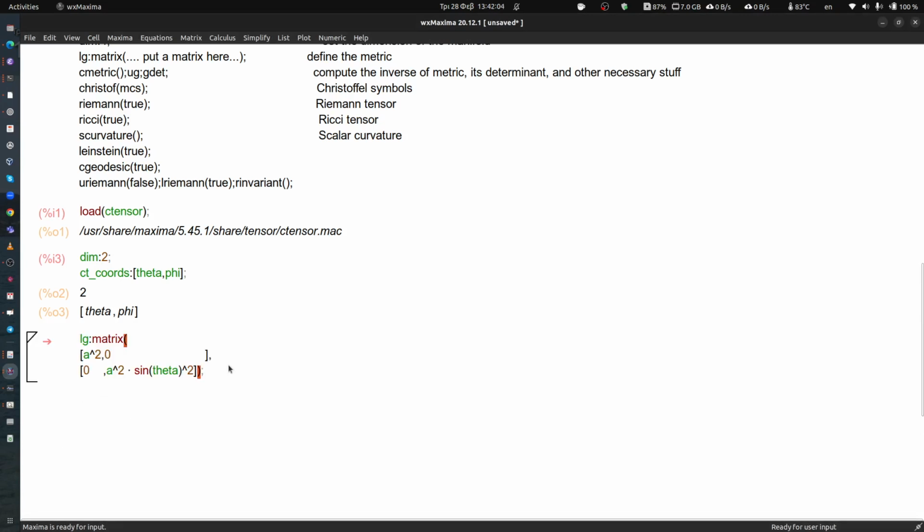So let's assign the metric here. So LG must be assigned, that's the metric g mu nu. It is a matrix, so we use the function matrix to define it. And then we put here the rows of the matrix in square brackets separated by a comma here. We can continue the input in several lines to make it more legible. And then when we press Shift Enter,